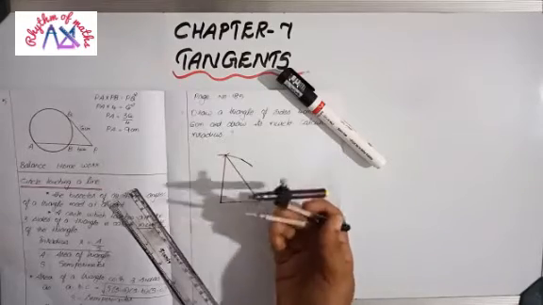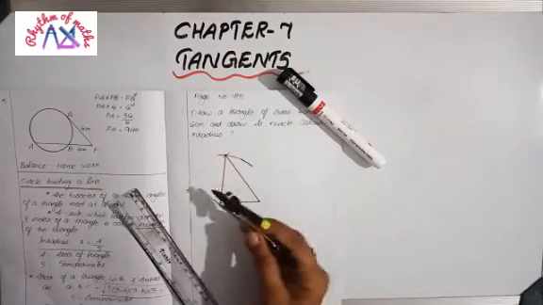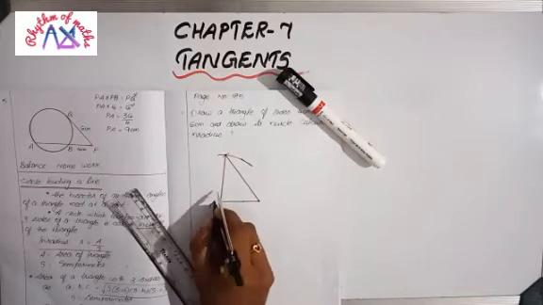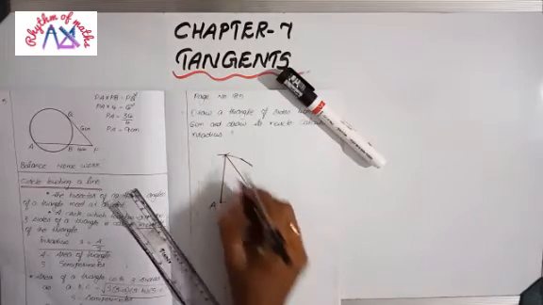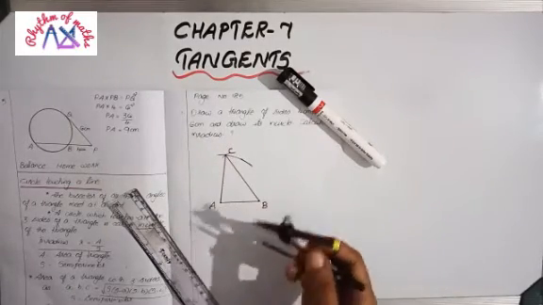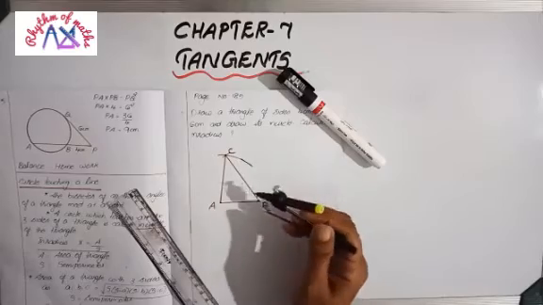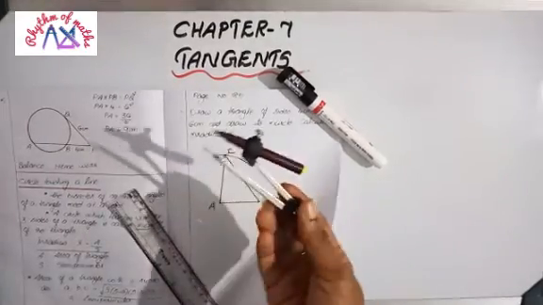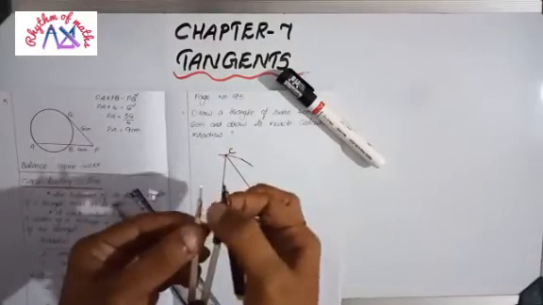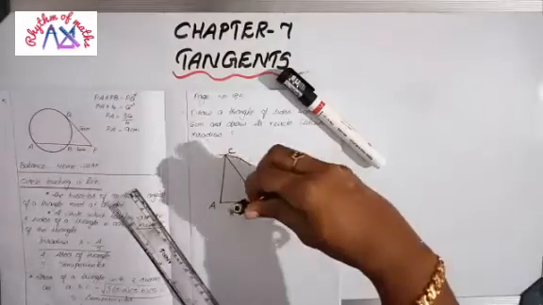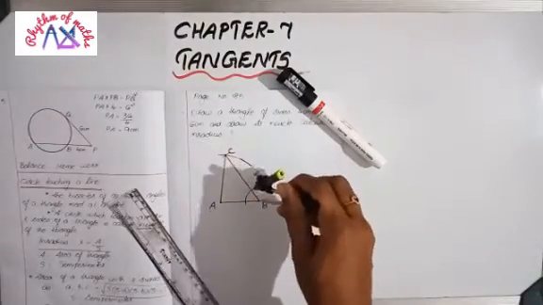So first step is consider these two angles. Okay, let's mark the points as A here, B here, then next is C. Okay, angle A and angle B. Consider angle A and angle B. Now from angle B and angle A draw a small arc. Okay, a small measurement is enough. Just to draw a small arc, 1 or 1.5 is enough. Draw a small arc like this.